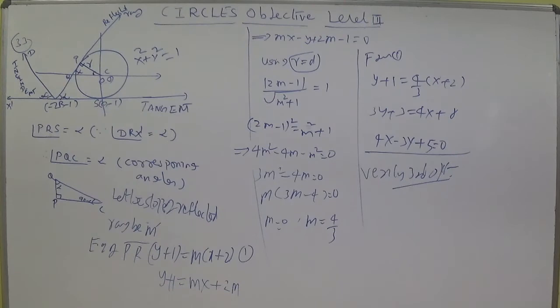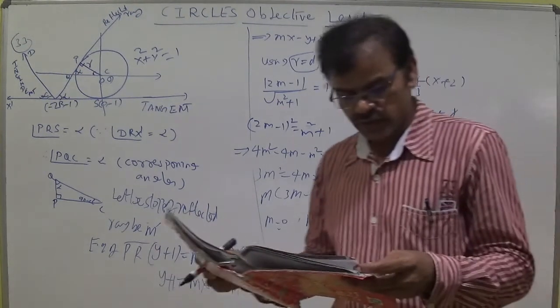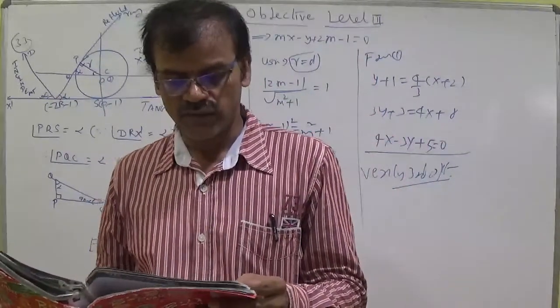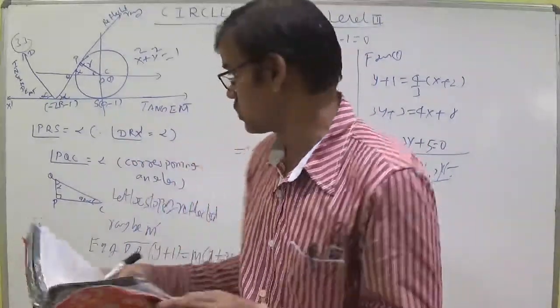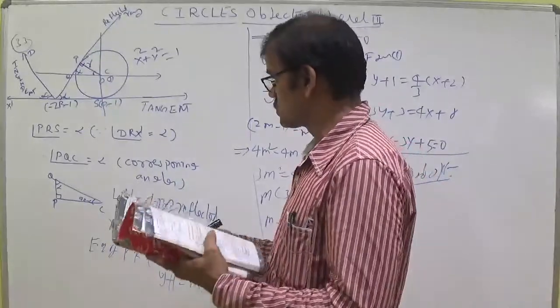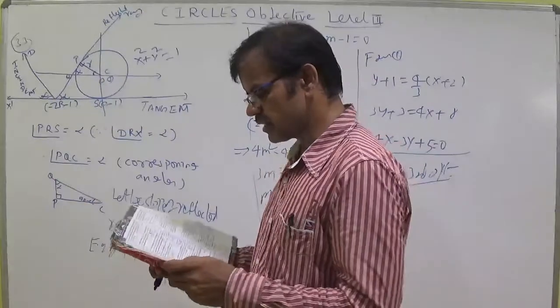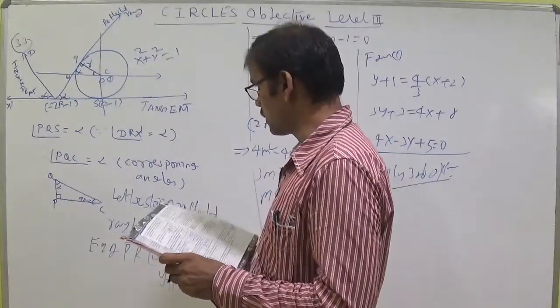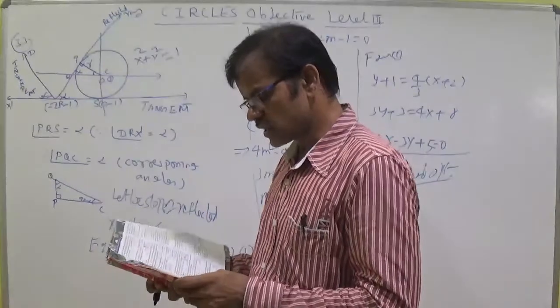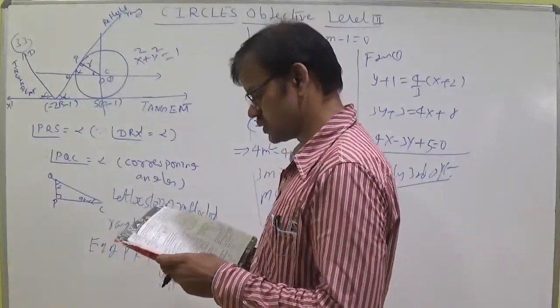Let us discuss the old material, students. A ray of light is incident at the point minus 2 comma minus 1. Minus 2 comma minus 1 means the third quadrant, okay. It gets reflected from the tangent at 0 comma minus 1 to the circle, and the reflected ray touches the circle, it's also okay.